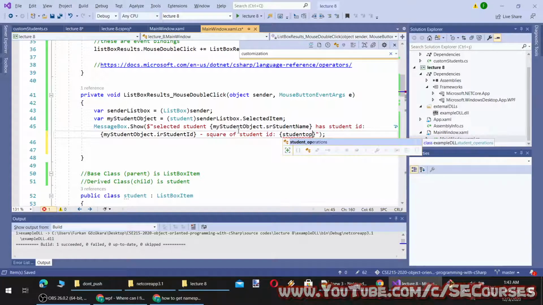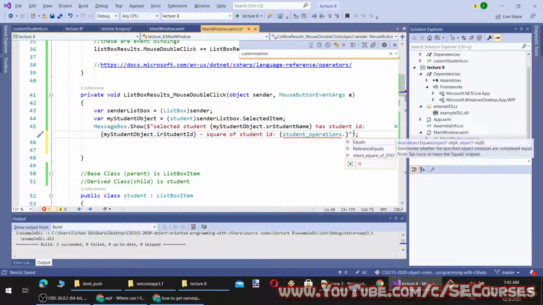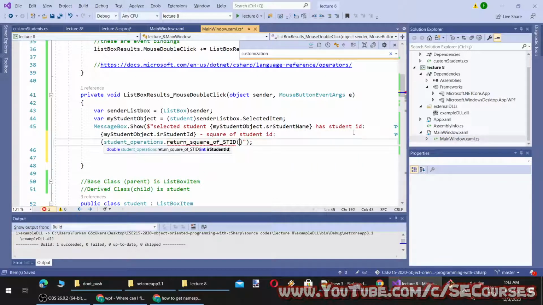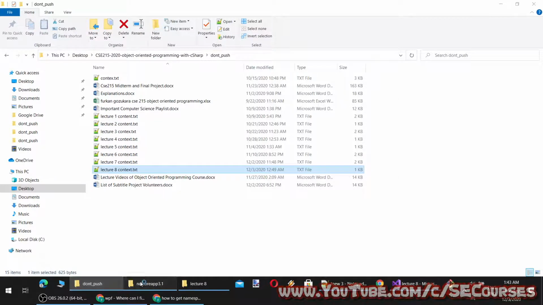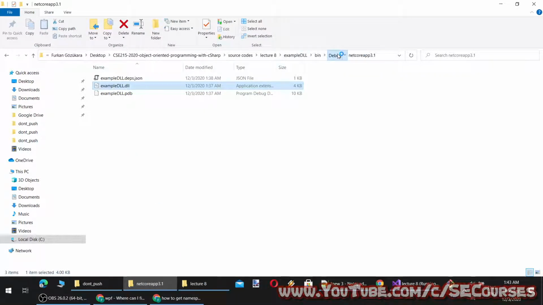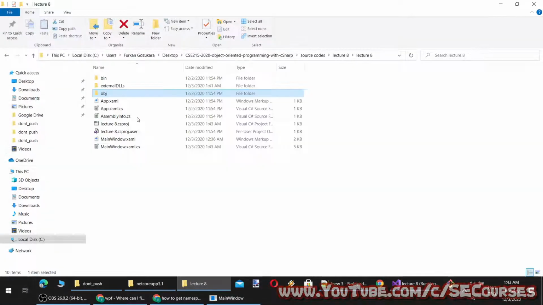You see now it is available and it is coming from the example DLL file, and here I will call the student ID. Okay. Now you see it is not grayed out anymore, therefore it is added to the exe as well. So the necessary files are being compiled into the exe.